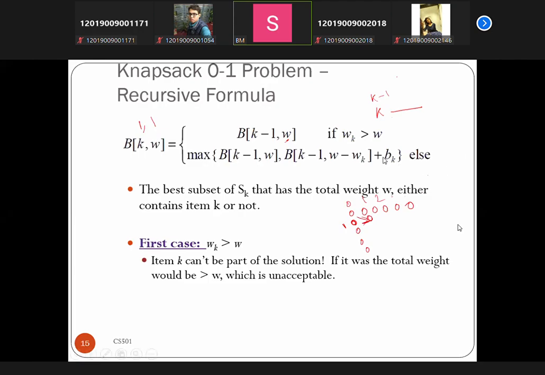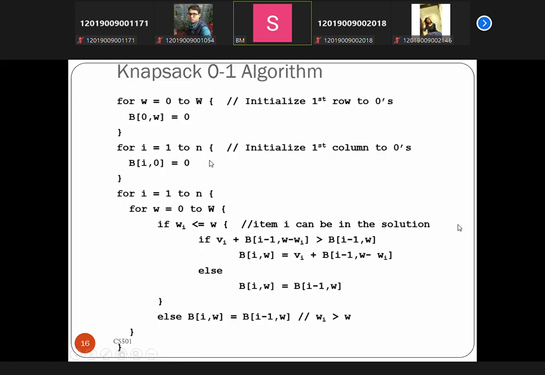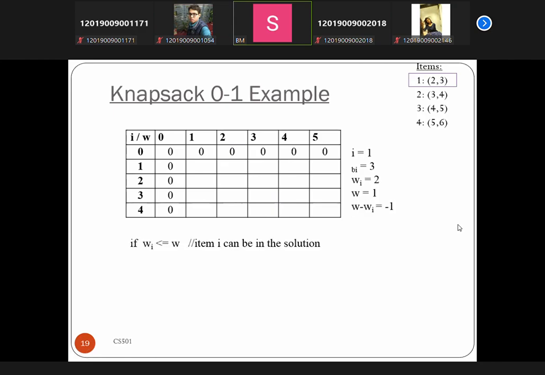This BK means that is the profit. Max of the previous element plus addition of this profit, whatever is max that you need to take. Mainly the elements which are stored in this format,